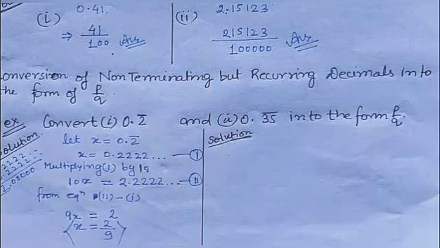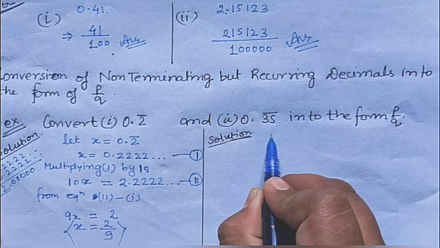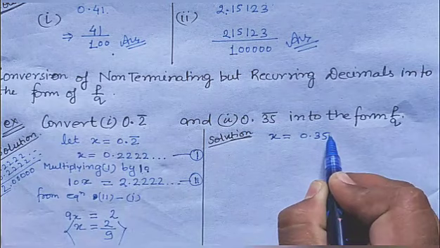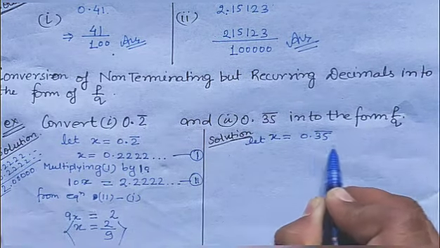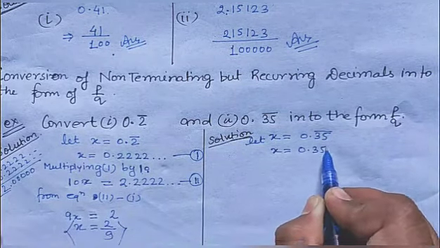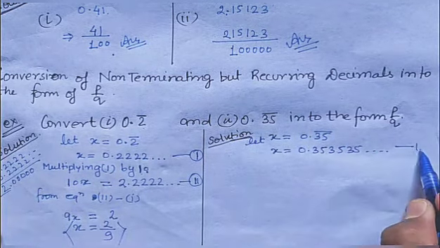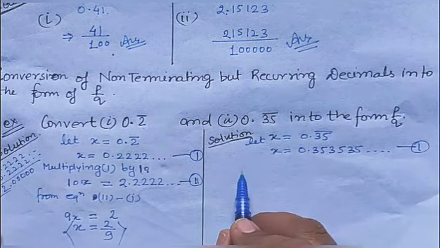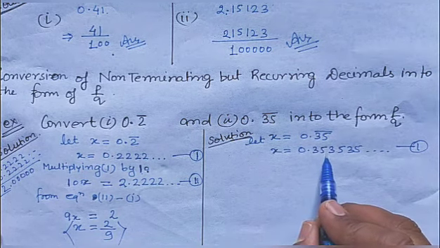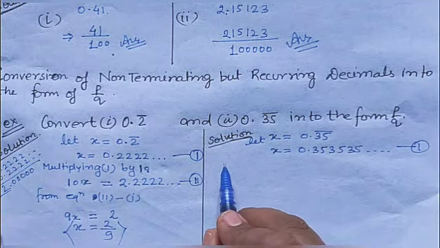Okay, now coming to the next example, as we have solved the previous example, again we are going to solve 0.35 bar. Let x is equal to 0.35 bar, means x is equal to 35 35 35 and so on. Suppose it is equation number 1. Now you have to observe how many digits are getting repeated. So here 3 5 3 5 3 5 means 2 digits are getting repeated, so you have to multiply it